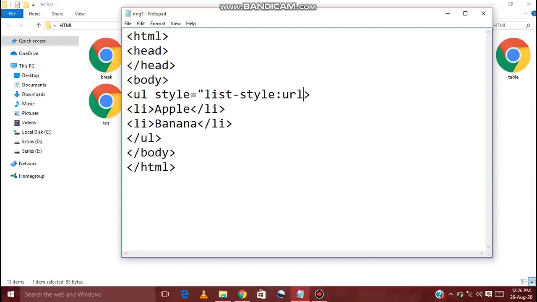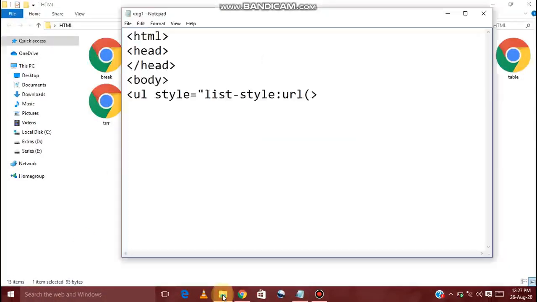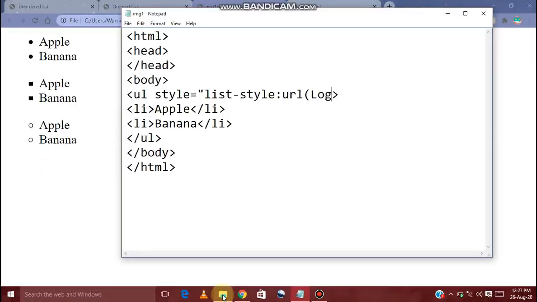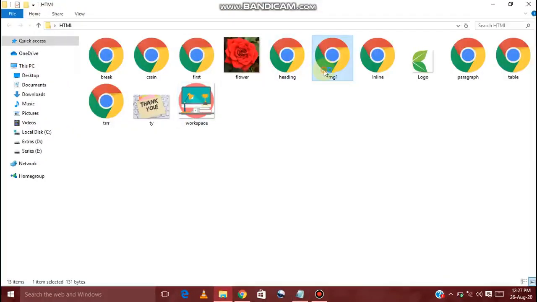What you are going to use in the URL is the name of the image. If I go to this page, logo is one such name. So I'll write logo.png, whatever the extension of the file is. And then just remember to put this in single quotes, so I'll put single quotes around that. Now this one is done, semicolon, and then double quotes. If you have started the double quotes, you have to close the double quotes. Let's save the file, and then we'll open that.